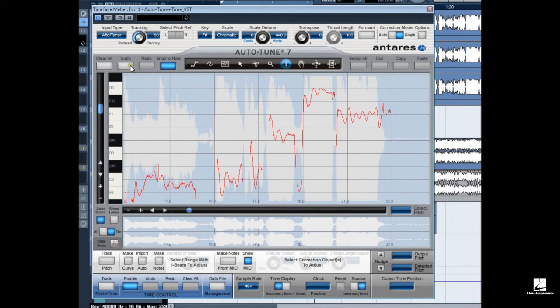The Undo and Redo buttons undo or redo your pitch edits. Clear All clears all edits and the tracked audio. The Snap to Note button snaps note objects when moving them and also snaps line objects to notes when drawing line objects. To the right of the graph mode tools are buttons for selecting all correction objects and cutting, copying,